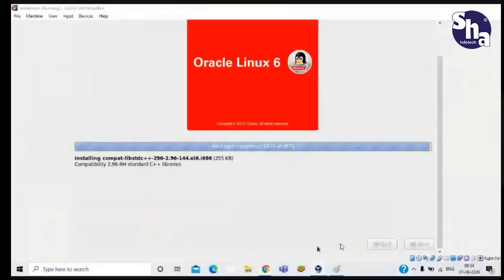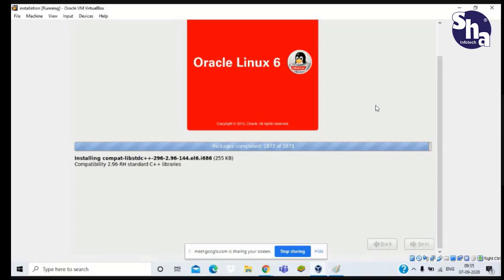It is in my personal Google Drive, around 3.5 GB. So we need to download the VirtualBox, then the Linux OS ISO file, and then the Oracle 11G software from Telegram.